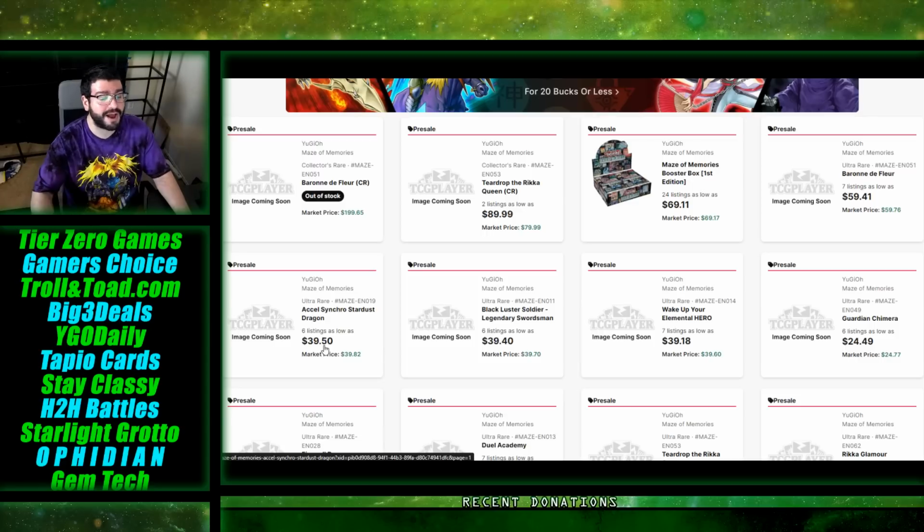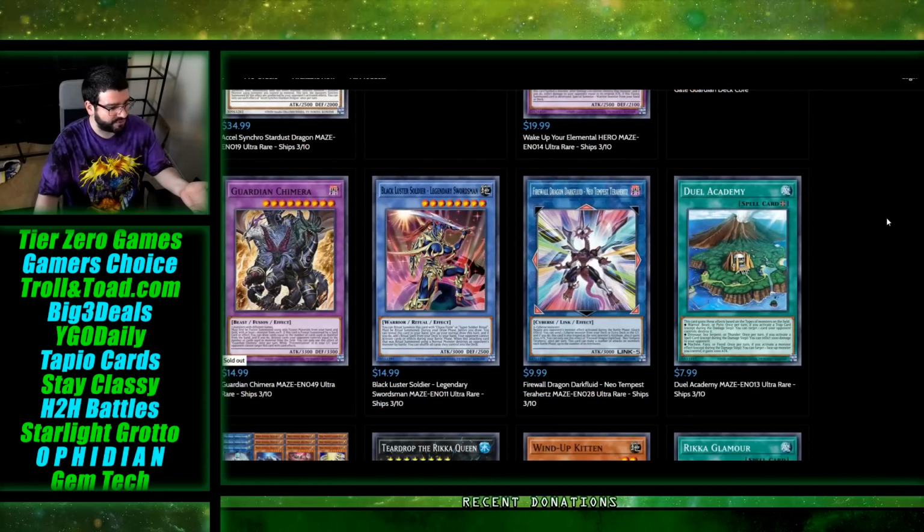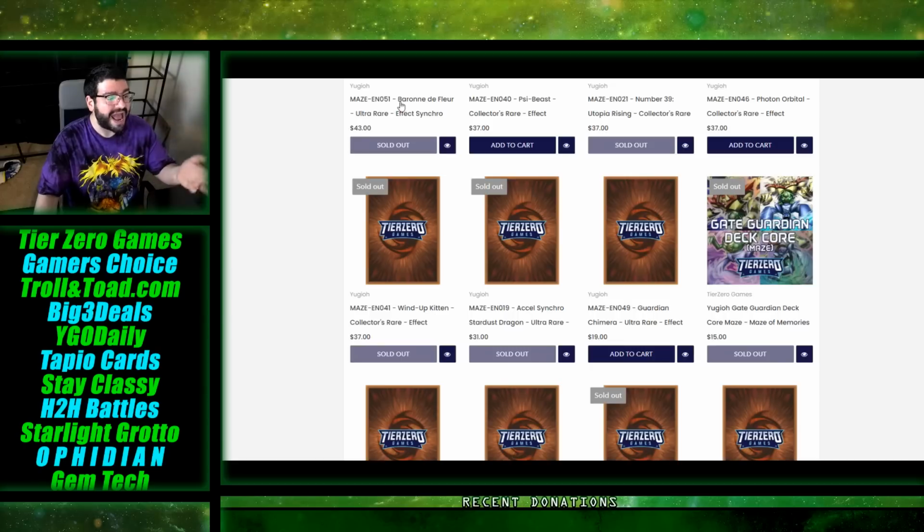But Guardian Chimera at 25 was a bit surprising to me because so many people have the branded structure deck. I thought they would be a bit greedier over here with that card, but competition at least is okay on Guardian Chimera, but it's still cheaper if you got yours over here. I think they might have sold out, around $15, and Tier 0 still has theirs in stock around $19, where